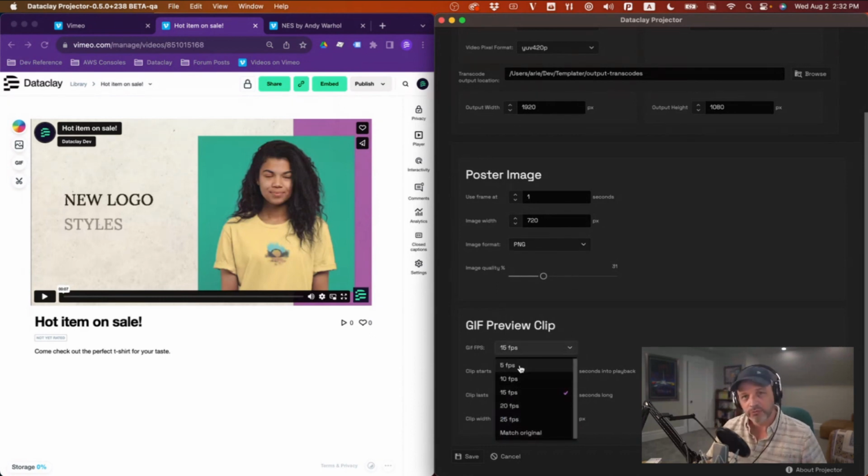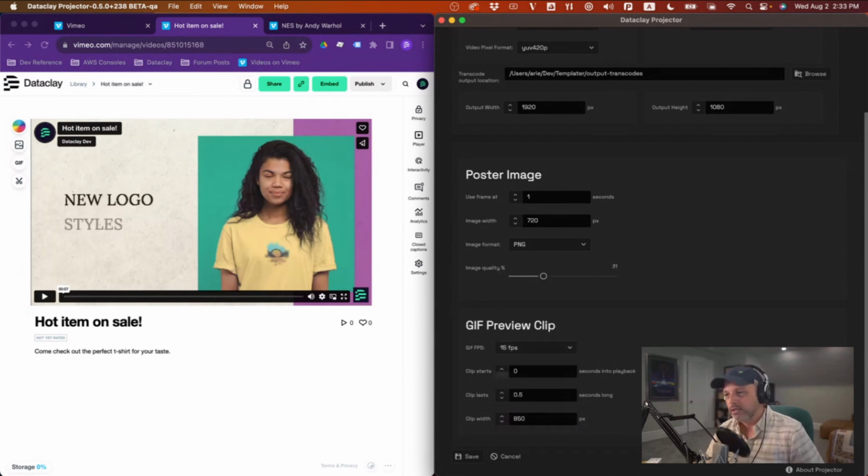If you have a lower frame rate, that's going to make your GIF smaller. If the GIF is shorter, it's going to make it smaller in kilobyte size, right? So you just need to think about that kind of stuff when you're talking about a massive campaign. If you're talking about a smaller campaign, not a big deal. You'll probably be fine.